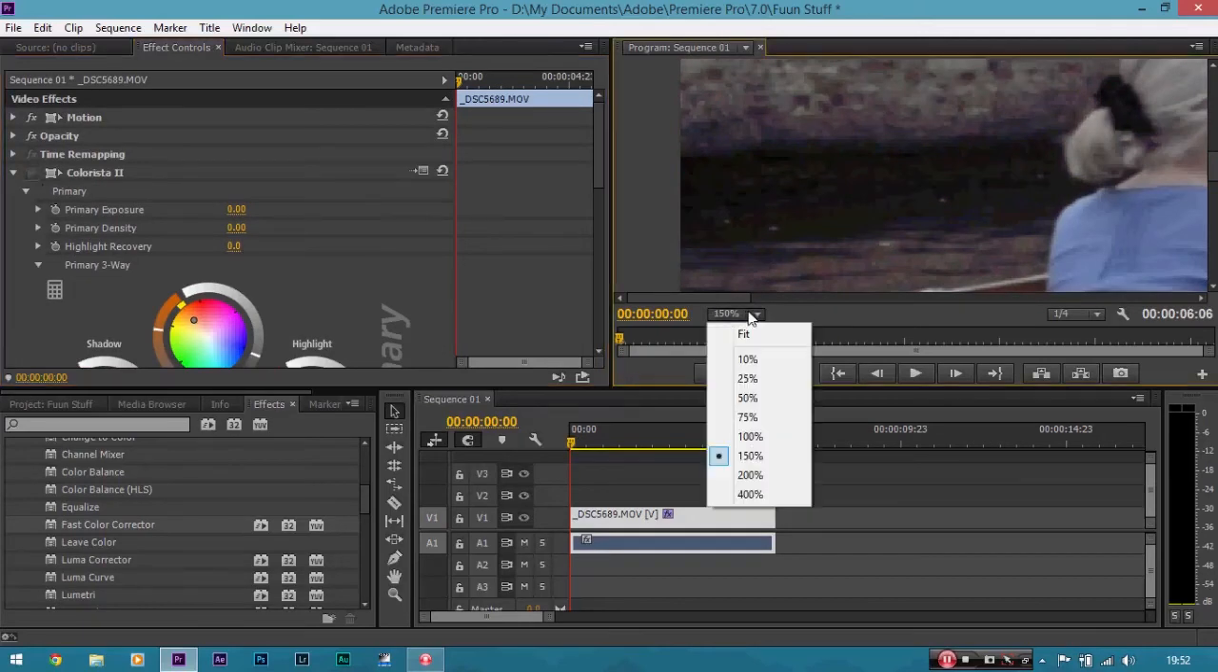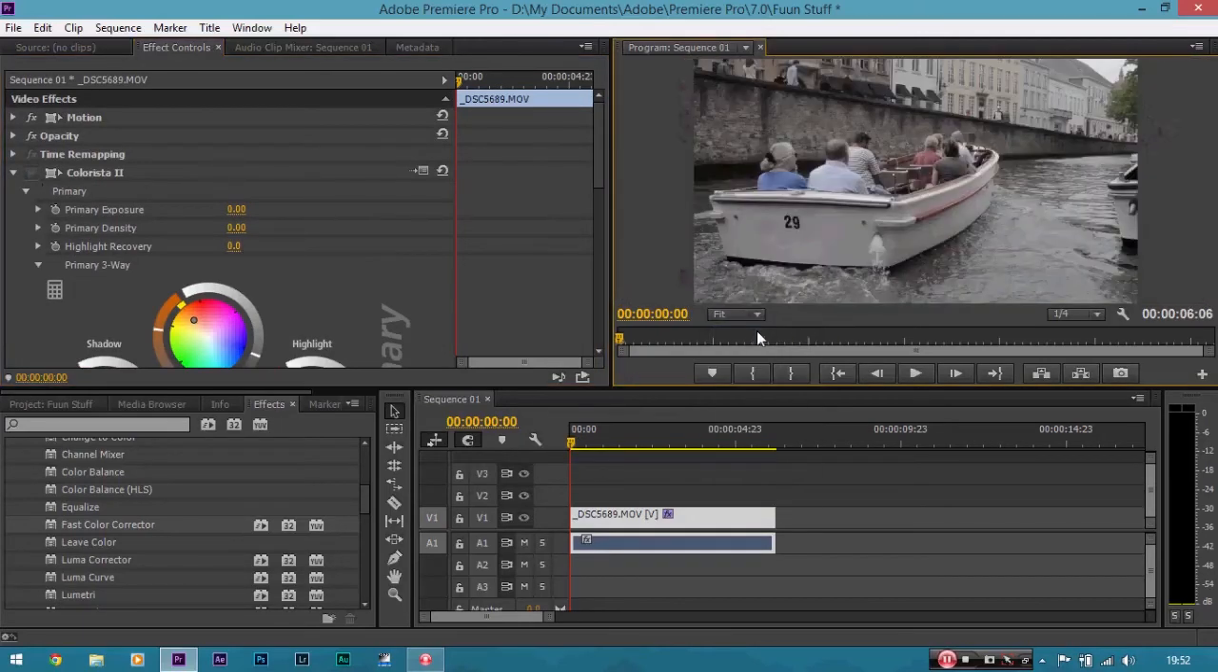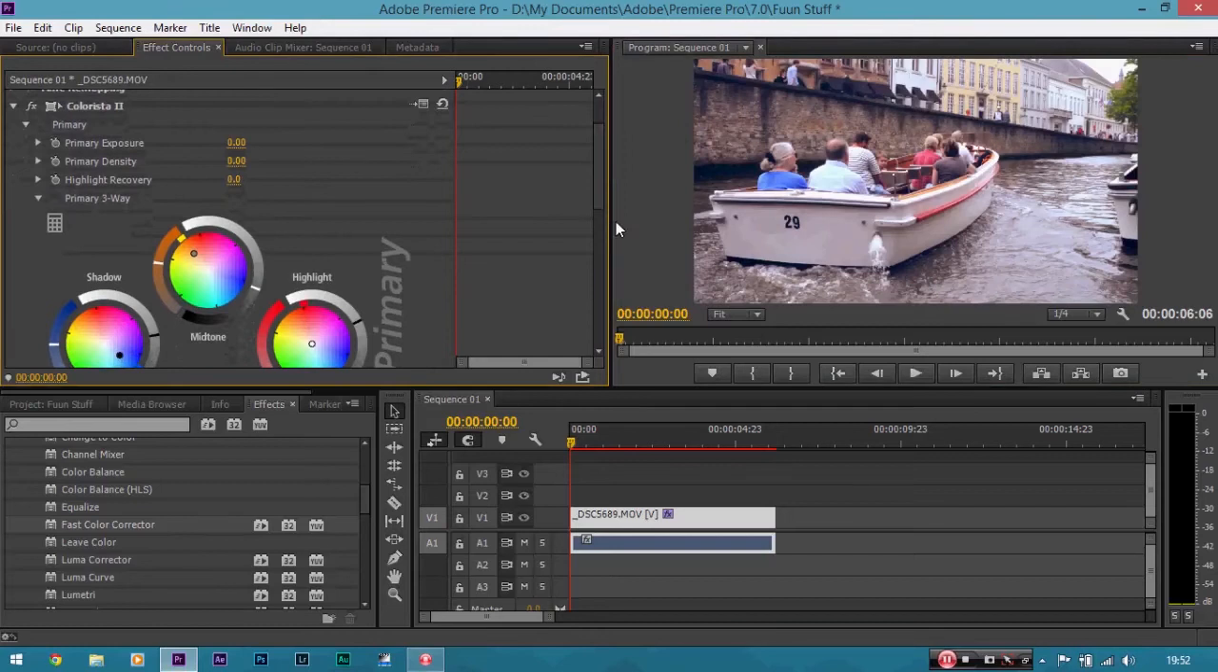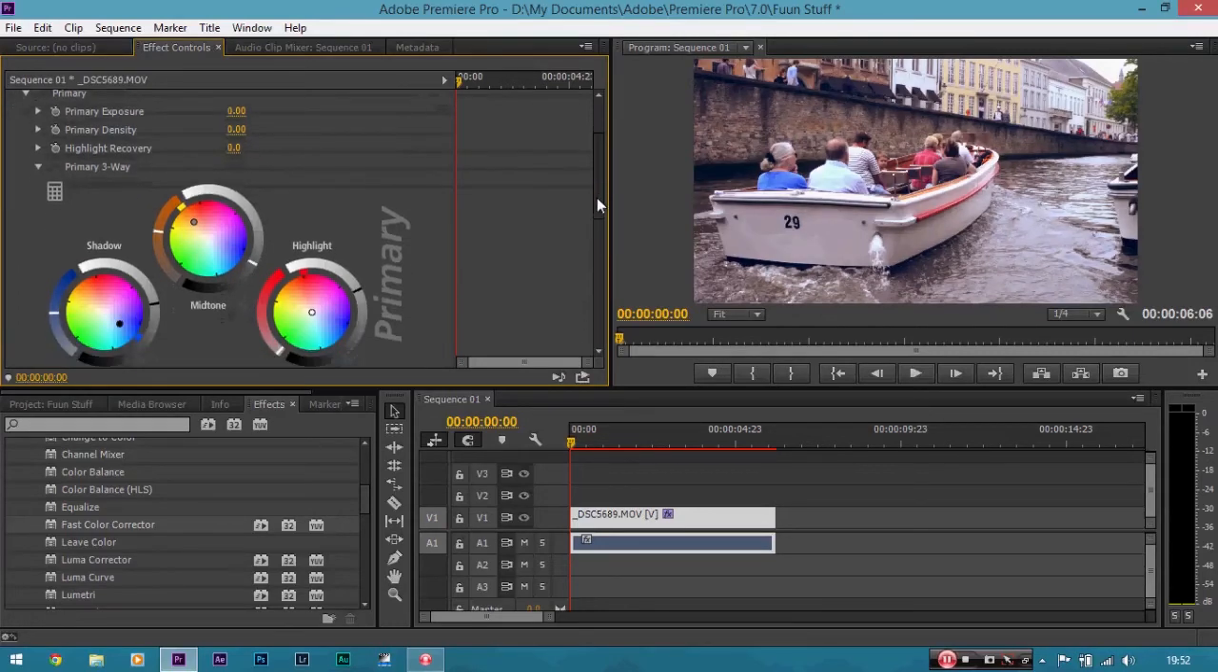So if you want to get back to the same zoom, go back to fit, and I'll toggle our settings back on again. But we have lost a bit of contrast. So remember what we did to add contrast? Simply go to the mid-range and take it down again. And we've still got the full dynamic range